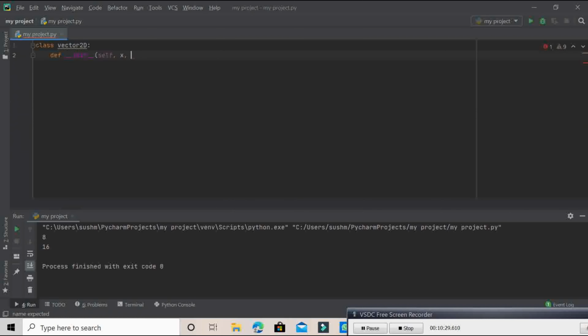Now we are going to write class SpecialString. Now we are using SpecialString, okay, with def